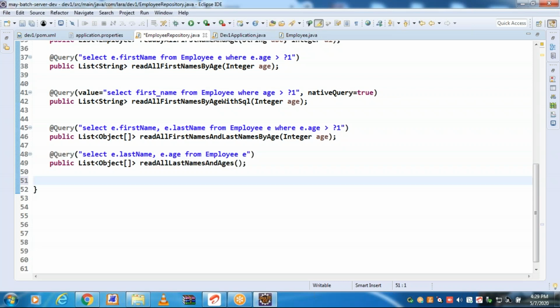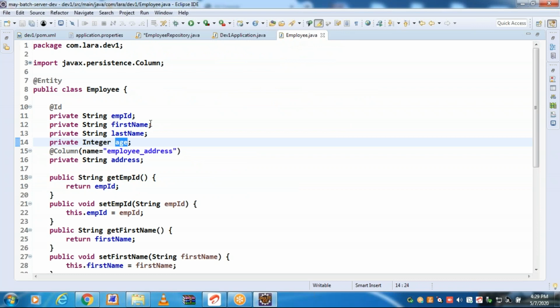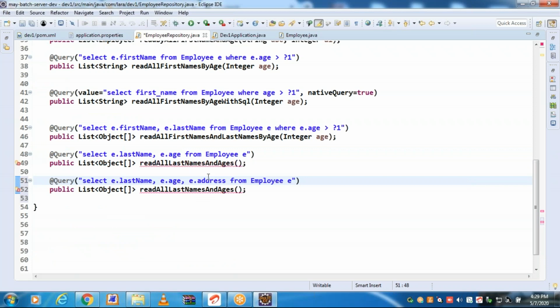Let me go for one more method. In the employee class, address is there. Read all first names, ages, and addresses.